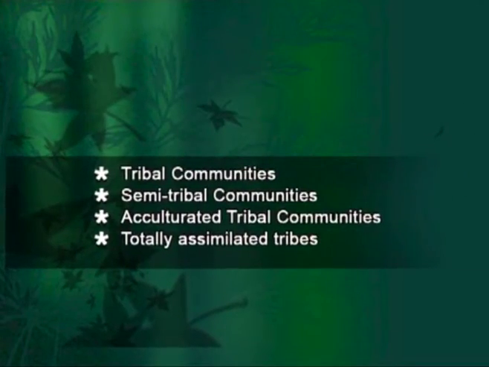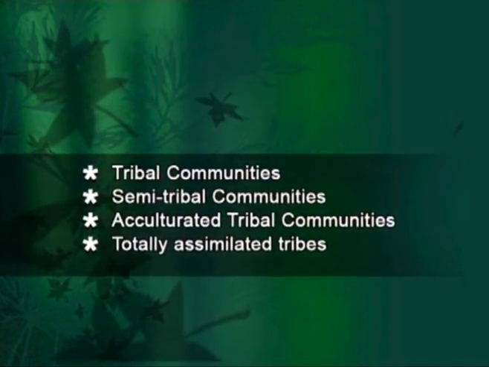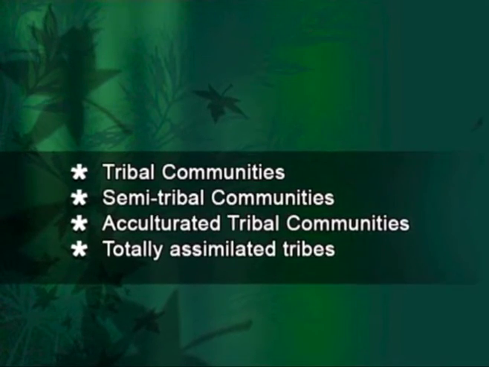The Tribal Welfare Committee, constituted by the Indian Conference of Social Work in 1952, divided the tribes of India into four main divisions: tribal communities, semi-tribal communities, acculturated tribal communities, and totally assimilated tribes. After going through the above classifications and taking into consideration the factors of Hinduization, external influence, culture contact, neighborhood, welfare, etc., Vidyarthi and Rai in 1976 have assessed the level of integration of the tribes of India as follows: distinct